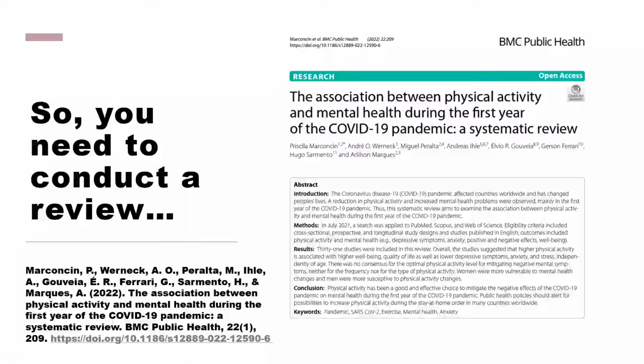So you need to conduct a review. So often students are required to conduct a systematic review or a modified version of a systematic review for an assessment task or as part of higher degree research. But what even is a systematic review? So we're going to look at an example systematic review that's been published and use it to identify some key features. So the Cochrane Handbook,